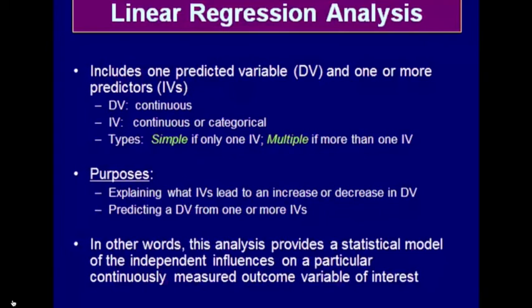So if you have multiple factors, do they help you to explain or predict a dependent variable? It just so happens here the DV is continuously measured. If that DV would be dichotomous with just two categories, then that would be called a logistic regression analysis, where you can have odds ratios produced.